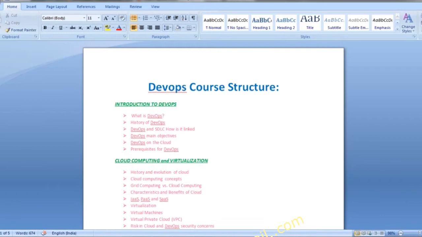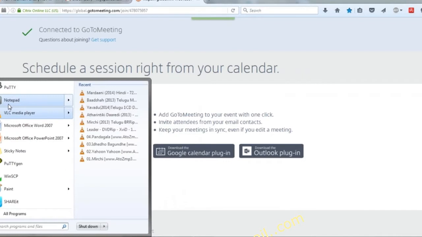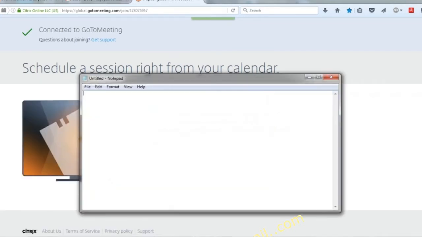So, what is DevOps? It's just a quick introduction to DevOps, for anyone for whom it is a first session, or just a brush up. It's been two to three days since we spoke. So what is DevOps? DevOps is nothing but, as its name suggests,